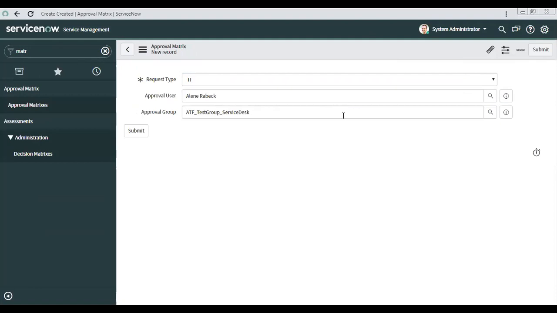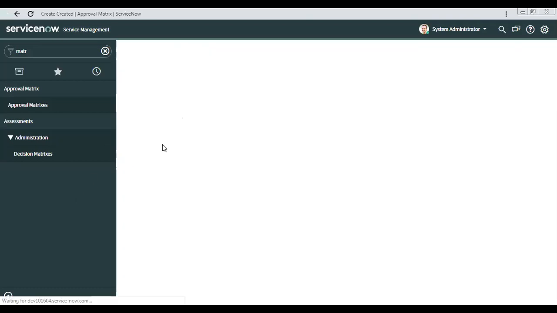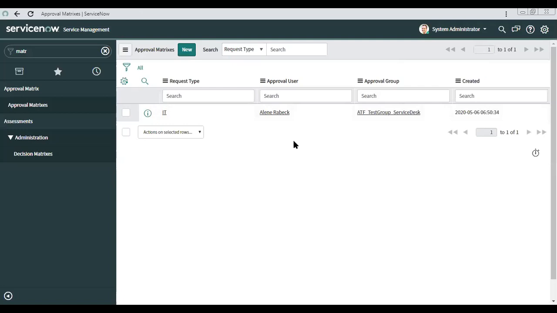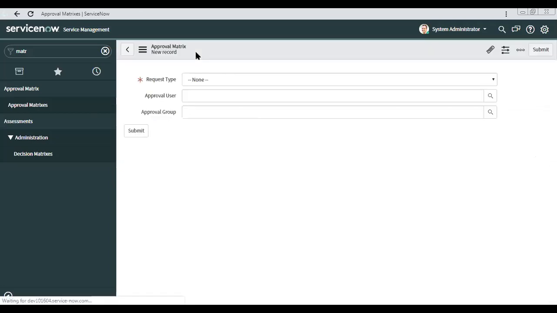It will be given by the business only. So if the business wants this request's first level approval to be done by the manager, and for second level approval they give you a person and a group for this type of request, and another person for that type, you may end up creating a table where you define all the metrics like this. So here we have type of request and the approval user, the user to whom the approval should go, or the group to which the approval should go. Similarly I can define it as per the business requirement.